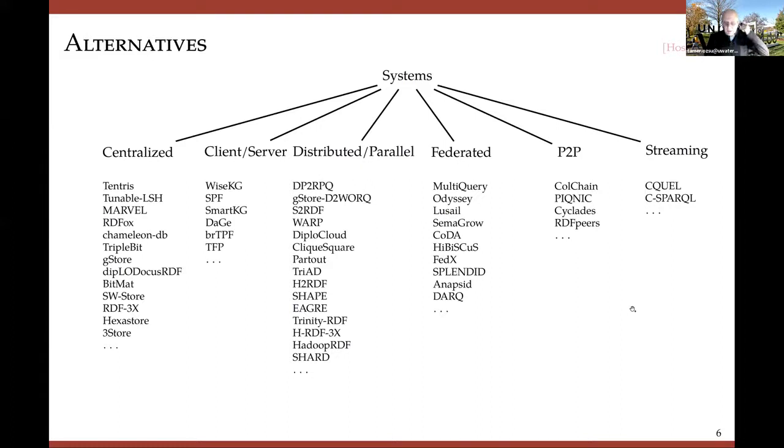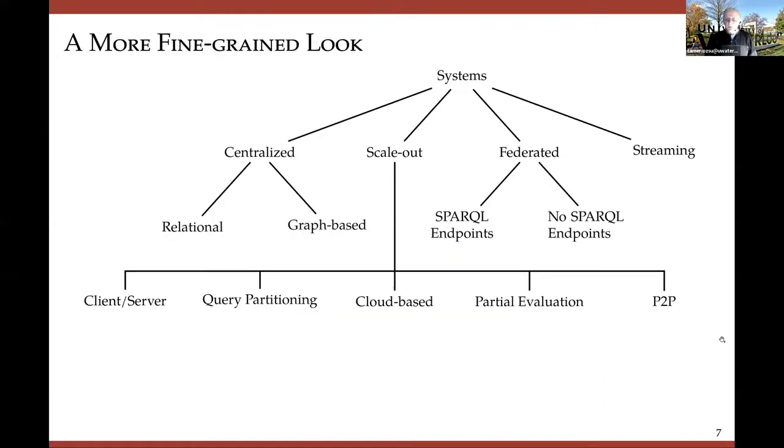I worked on this a little bit more, and I like a little bit finer granularity. So from my perspective, there is the centralized, and centralized ones can be either more or less relational. So take the triple table and work with that, or they could be graph-based. I'm not going to be talking about that. Or they could be scale-out solutions, which have a number of different alternatives,